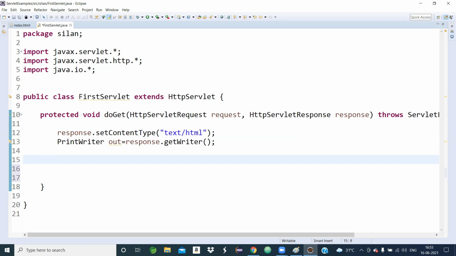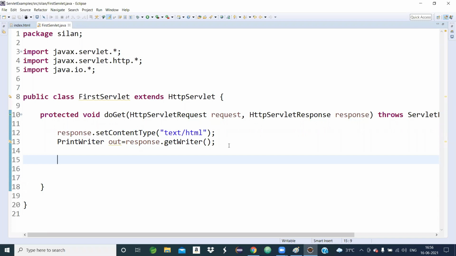This method comes from the HttpServletResponse interface. So these two statements are common for any servlet application.